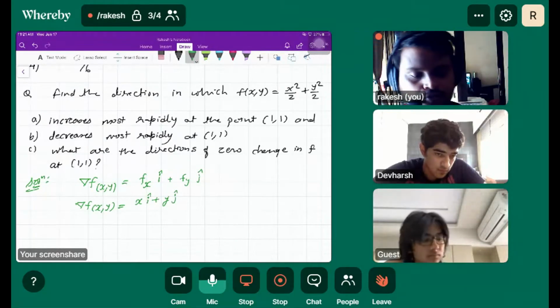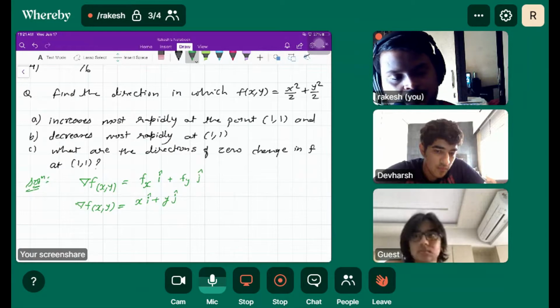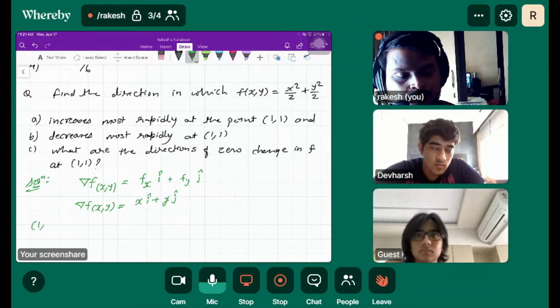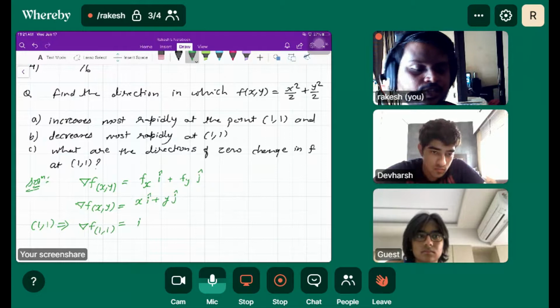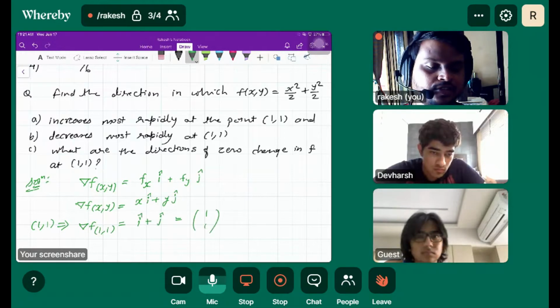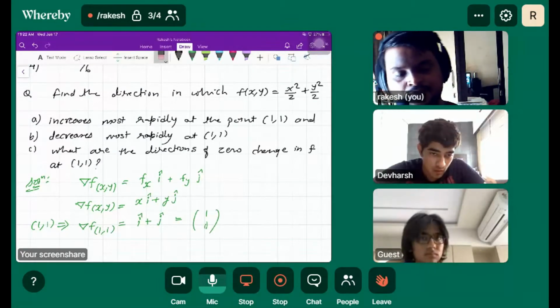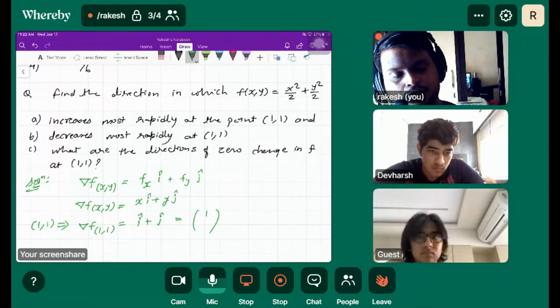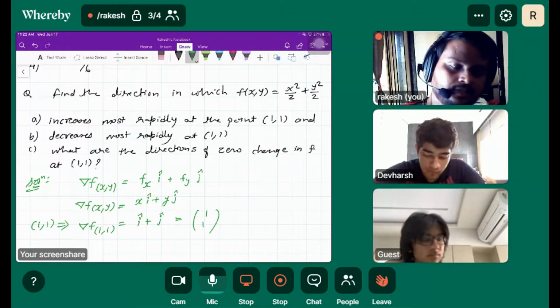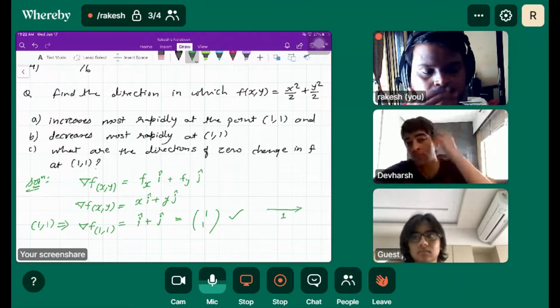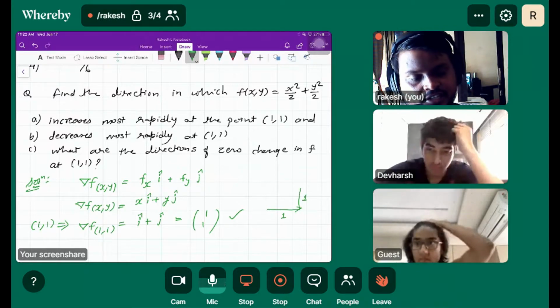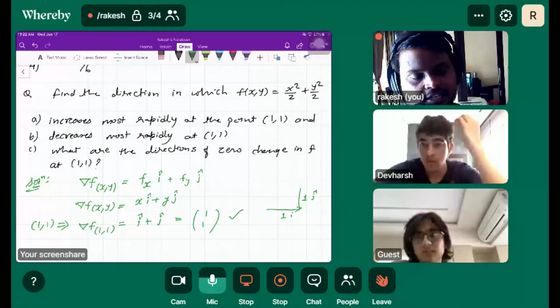At any point. So this will be restricted by plugging the point here. So the point is 1 comma 1, that gives del f at 1 comma 1 is equal to i cap plus j cap. So this is the gradient vector basically 1 1. Do you understand this? This is the gradient vector 1 comma 1. Now along this direction, right? This is the direction basically. 1 comma 1 means 1 in x direction, 1 unit, right? And 1 unit in y direction. So one i cap, one j cap.